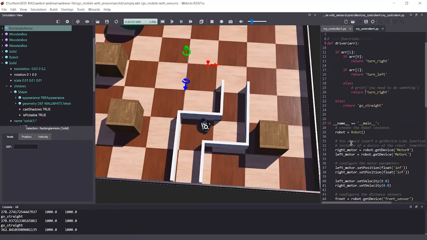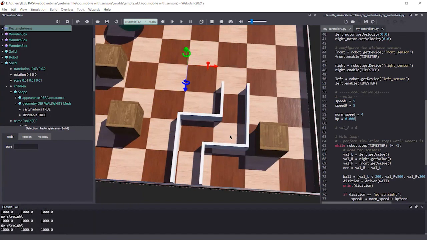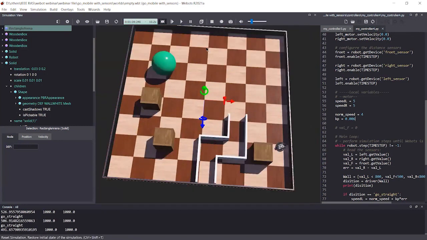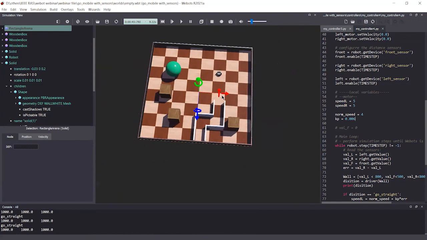Maybe if we change the KP values to another value, it will work. Let's change it to 6. I don't know, right? Let's see what we will do. We're pretty good too. Not that intelligent, but somewhat intelligent, right? Somehow we managed to do this.